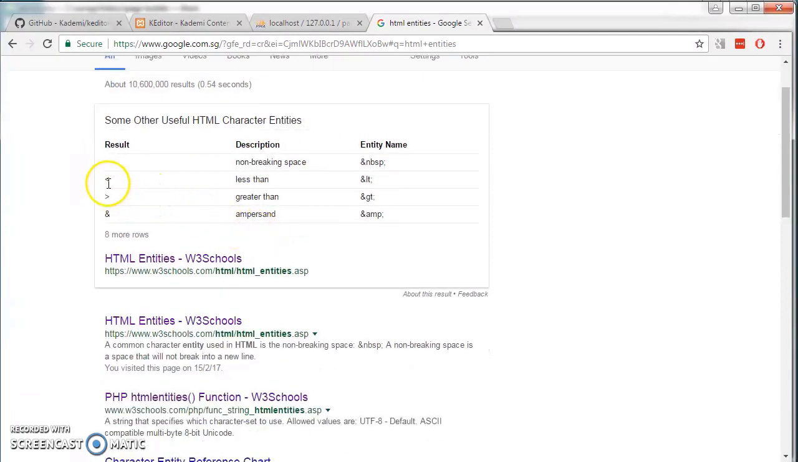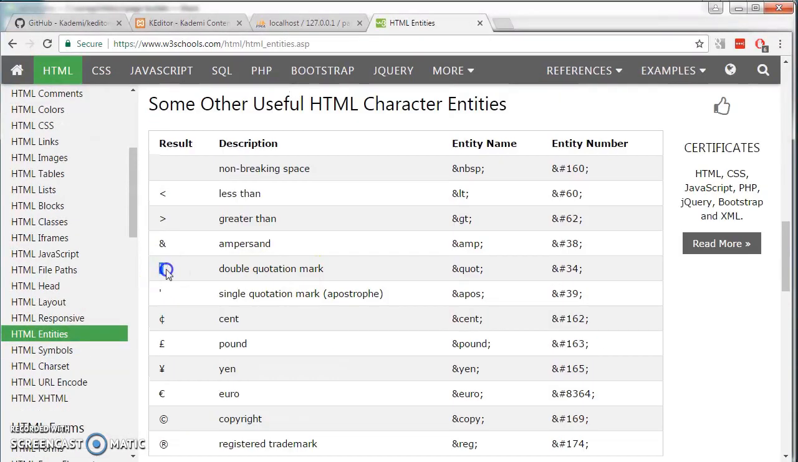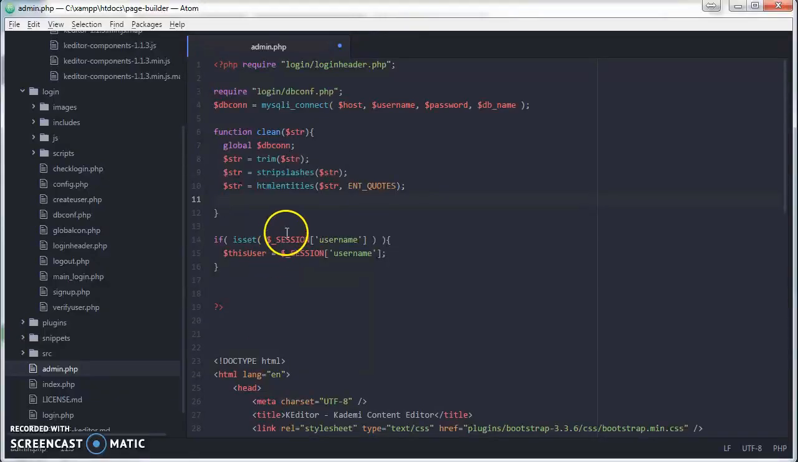You see, it will replace this character with this entity, and this one has no special meaning in the database. Quotes. This is a special character in MySQL, but it will be converted to this, which has no special meaning in MySQL. So this is a safer way of passing information to the database. And lastly,